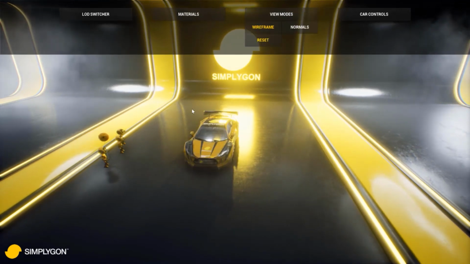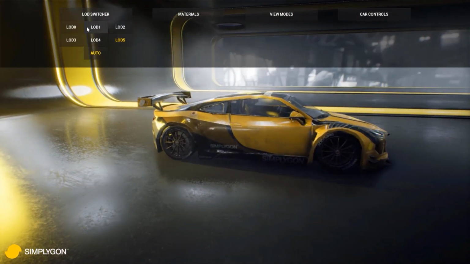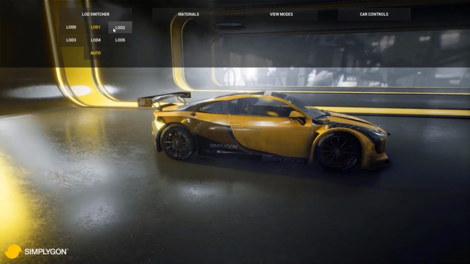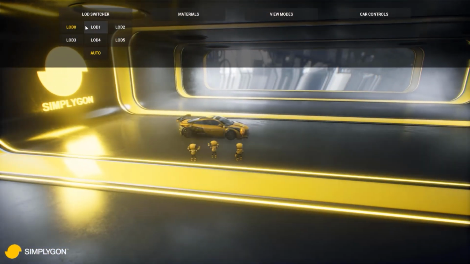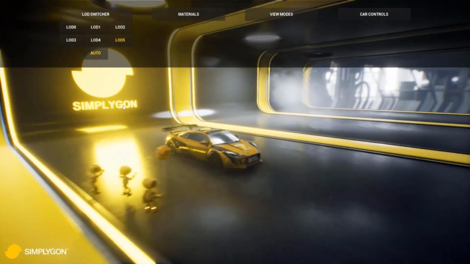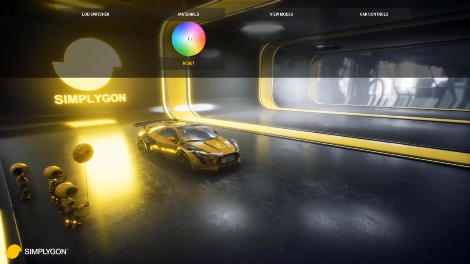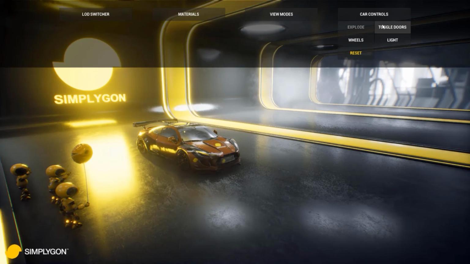But we need to scrutinize this a bit closer, so let's have a look from the side here. Stepping through these, you can see that there are, of course, differences, but we are now looking at this very close up. What happens if we look at it at a bit more reasonable distance? Well, you can see that there's barely any difference. But let's select another color for the car, and just step through the LOD chain once again. And as you can see, not too many differences.